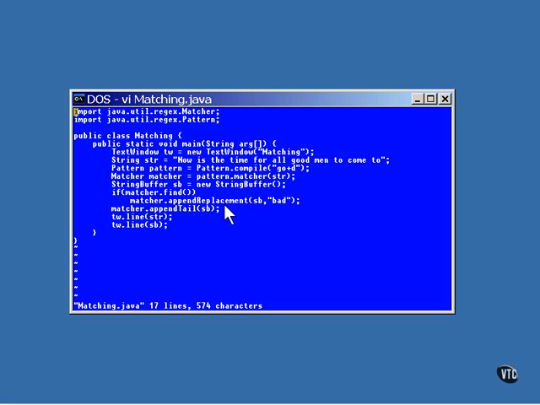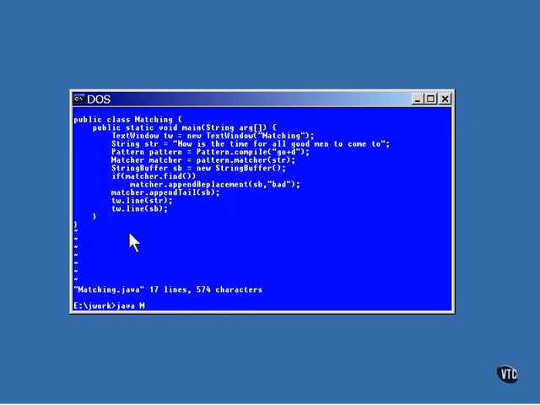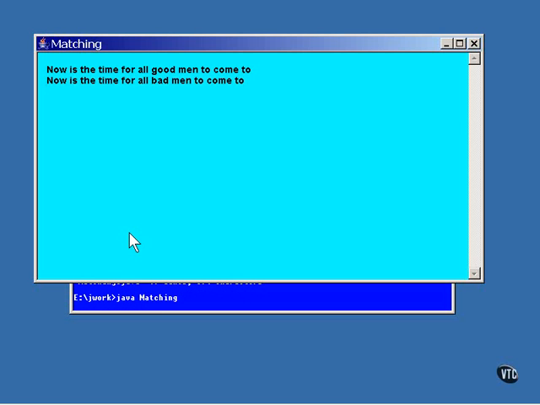If you wanted, you could search the rest of the string for other matches and do the same thing again. But in this example, the appendTail method is called to append the rest of the string onto the end of whatever happens to be in the StringBuffer. These last two lines of code display the before and after of the string itself. Displayed here, the before and after versions of the string, showing you that the only change is the one word